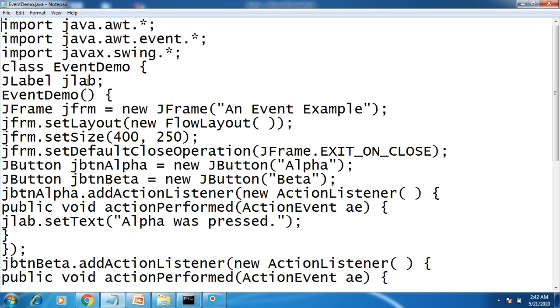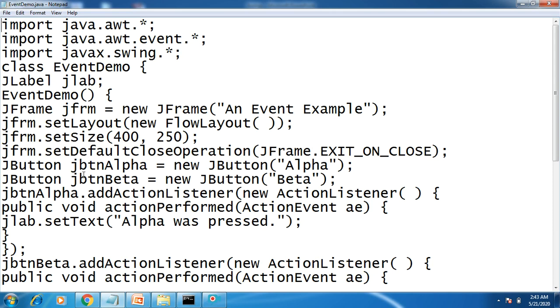Then we have taken our label and written a constructor. In the constructor, the very first statement is the creation of a top level container, a JFrame. Then we have set the layout as flow layout, set the size 400 by 250, and set the default close operation as exit on close.